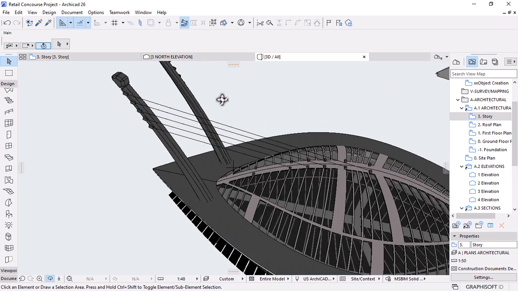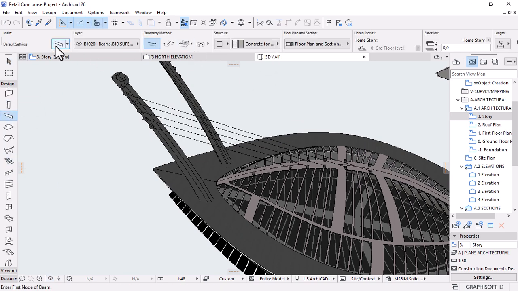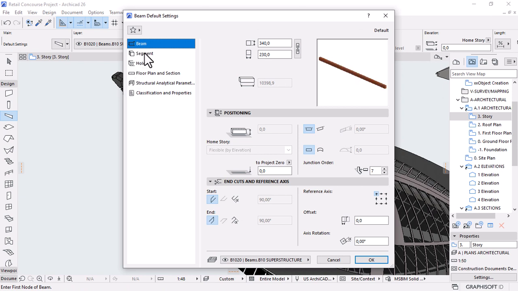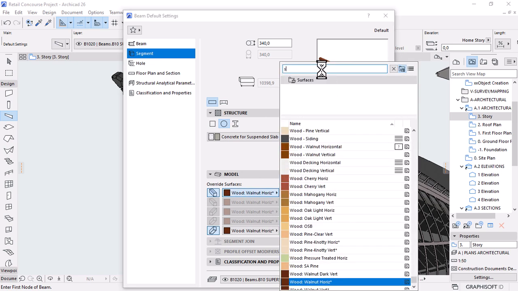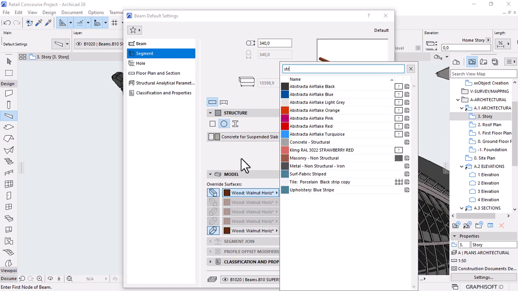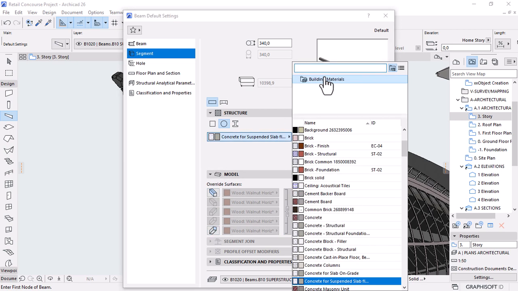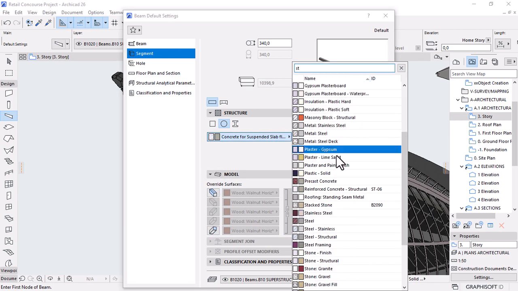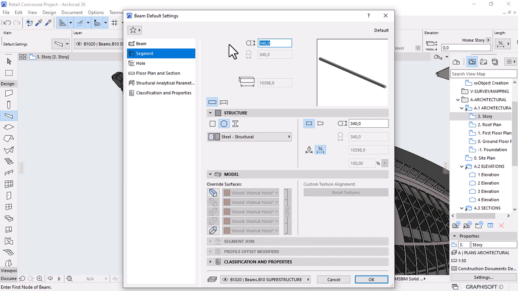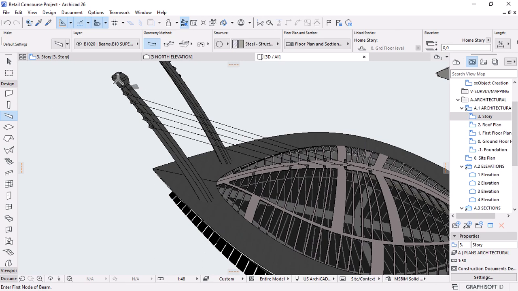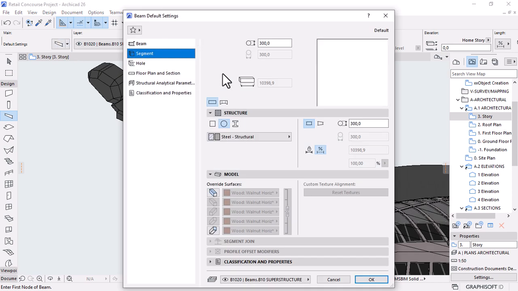Like I said, I'm going to use not a column, a beam to achieve this. So I'll say beam and then open its settings. What I want to edit is the segment and change it to a circle. Make this structural steel, or do not overwrite, then change the material to steel or structural steel or something like this. And then the diameter will be maybe, let's say 300. Yeah. But before we change, we need to make it,